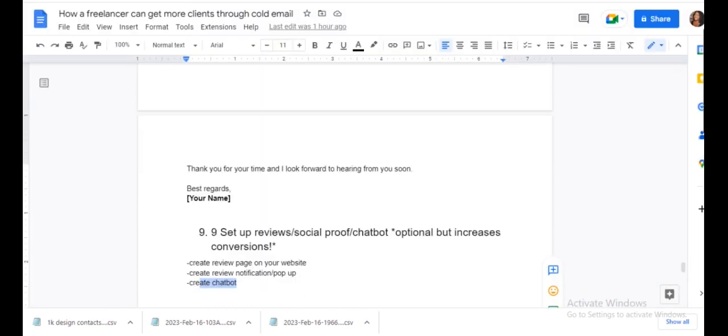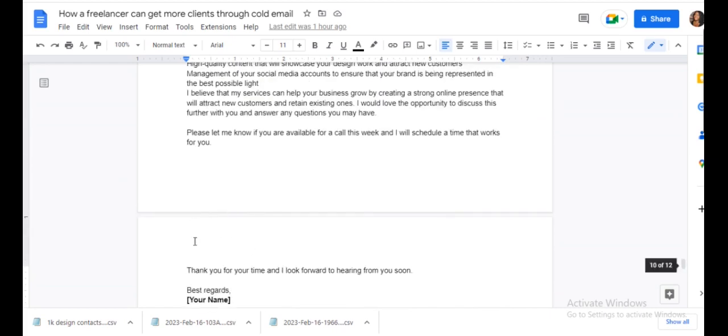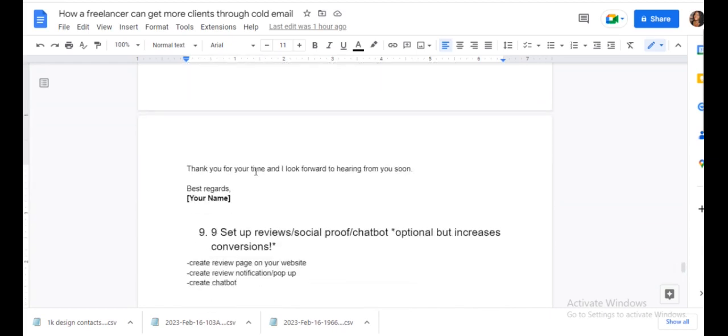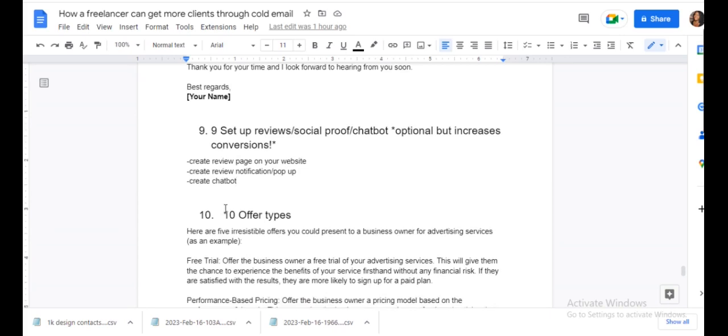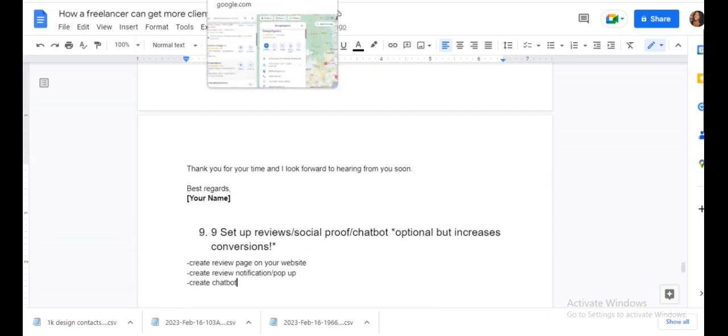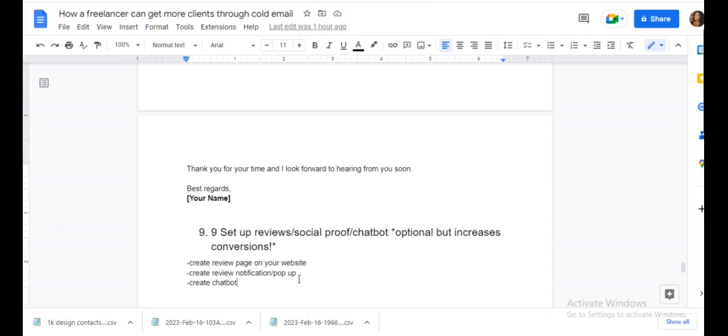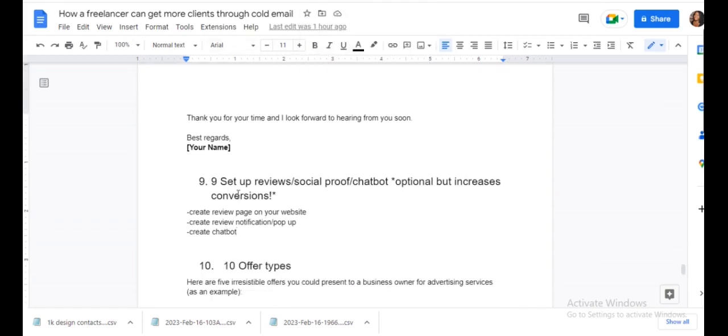So those are optional, of course, but definitely highly recommended because they increase conversions and social proof. And you get access to all of this on the free plan. So it's a 7-day free trial if you wanted. But there are free apps out there as well. It's just very hard to find an app that has social proof and chatbot capabilities, also email and lead scraping capabilities, and email sending capabilities. So it's like an all-in-one software for sales professionals who want to increase their conversions, essentially, and client list.